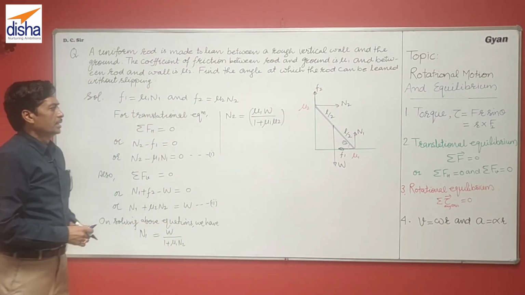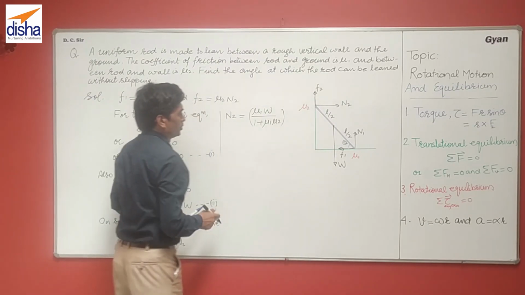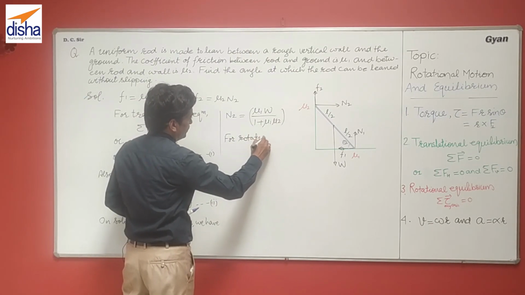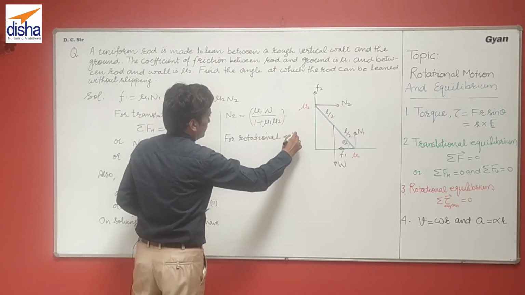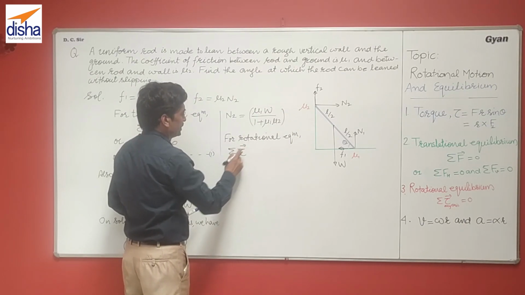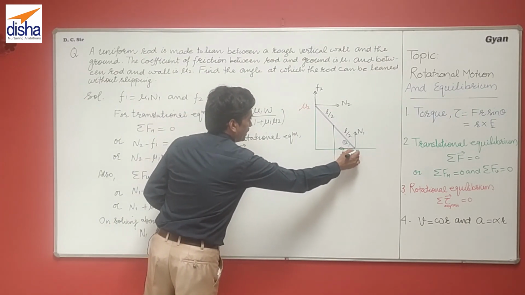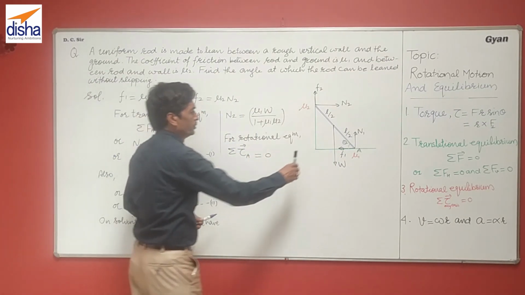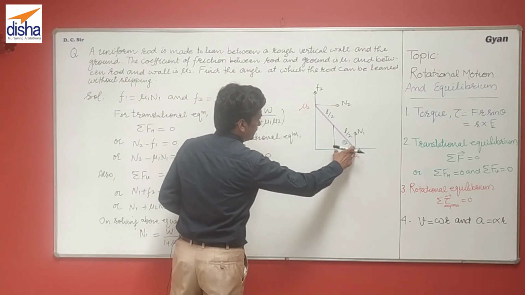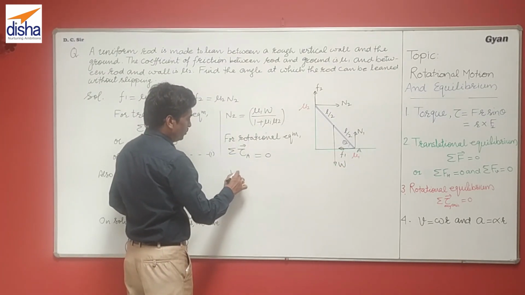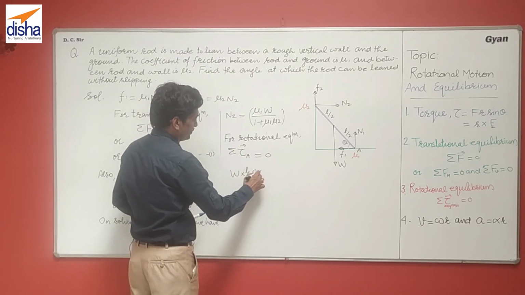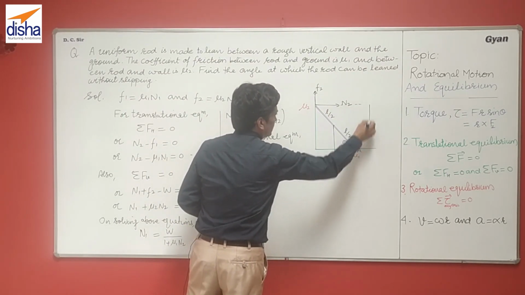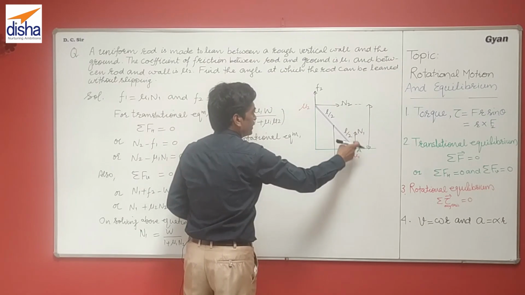Okay? Now as this rod is in rotational equilibrium also, we will write for rotational equilibrium summation tau about any axis. For simplicity here we take this point A, so about A is equal to 0. Now the moment of force of the weight: the line of action is at a distance L by 2 cos theta, so it will be W into L by 2 cos theta, and minus that of N2, its line of action is at a distance L sin theta,